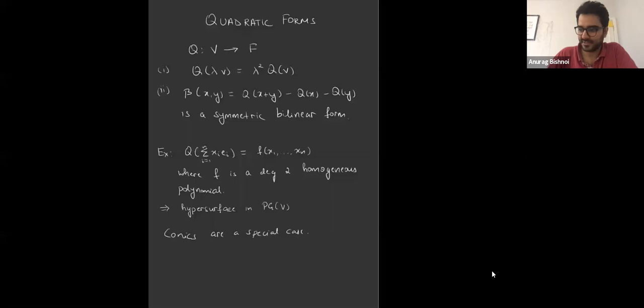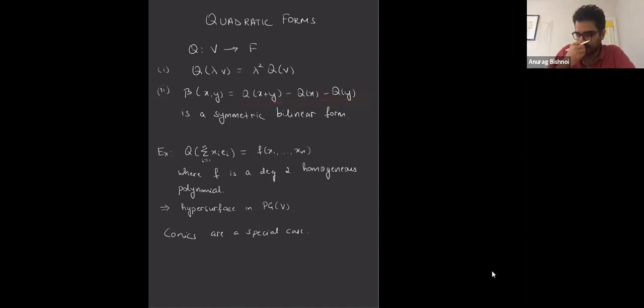Okay, so we are dealing with some functions over vector spaces from a vector space to its underlying field, which are essentially abstractions of degree 2 homogeneous polynomials, right? So if you have any degree 2 homogeneous polynomial, you can use it to define a function like this, which satisfies these two axioms. The first one was if you take a scalar multiple of a vector, then when you take out the scalar, it becomes a square. And the second is that if you take this thing over here, then it is a bilinear form, a symmetric